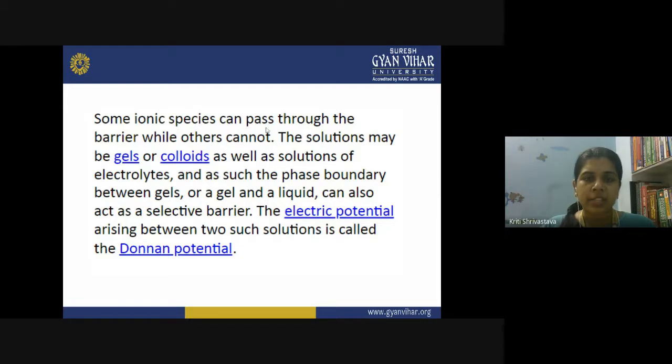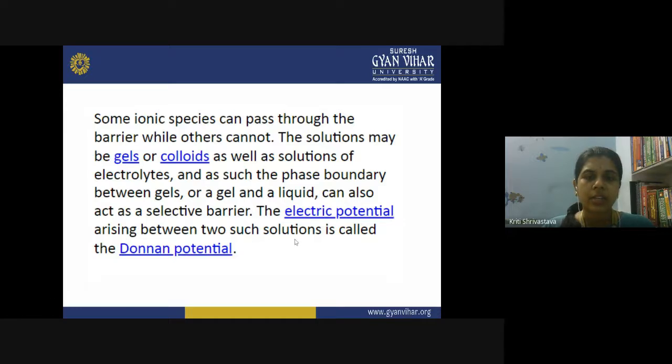Some ionic species can cross the barrier while others cannot. The solutions may be gel or colloid as well as solutions of electrolyte. And as such, the phase boundary between a gel and a gel, or a gel and a liquid, can also act as a selective barrier. So, by this uneven distribution of the electric charge across the membrane, there is development of electric potential